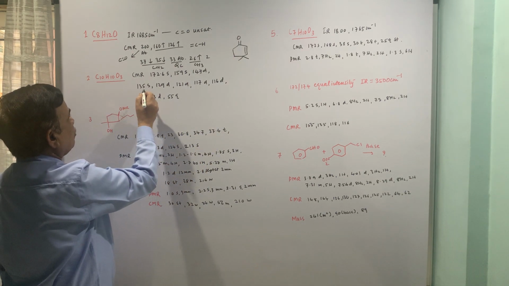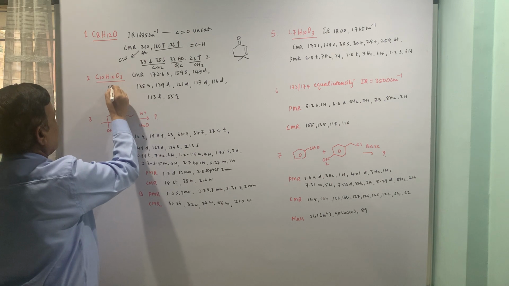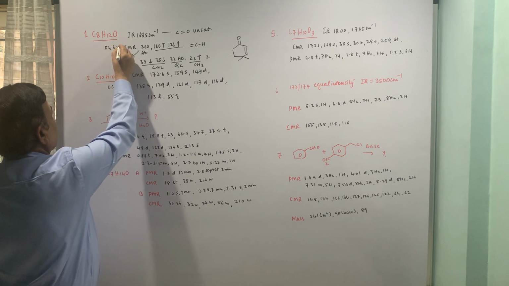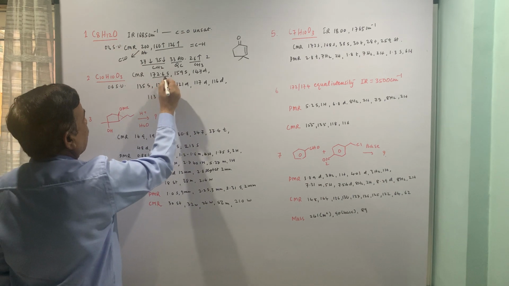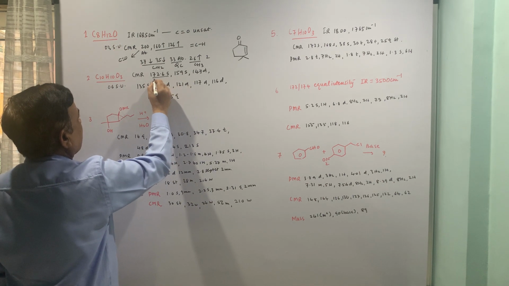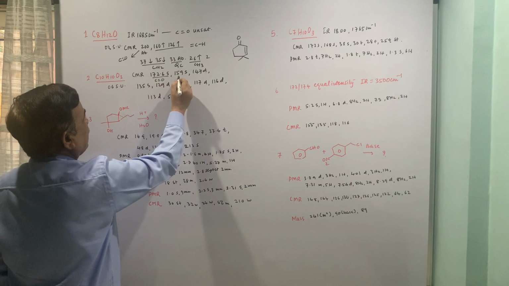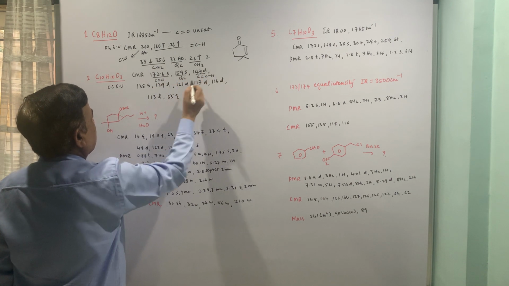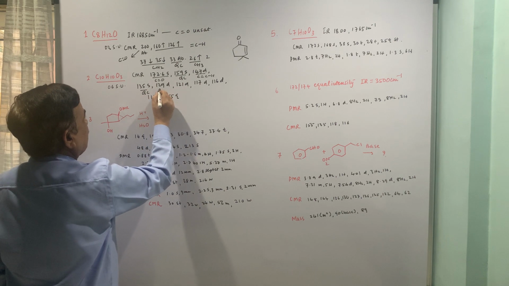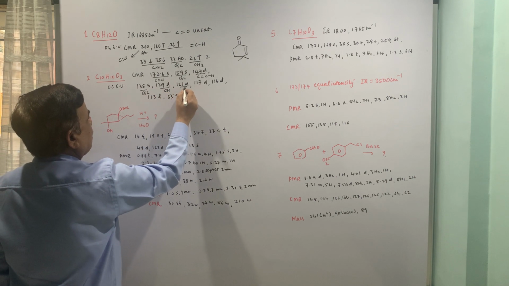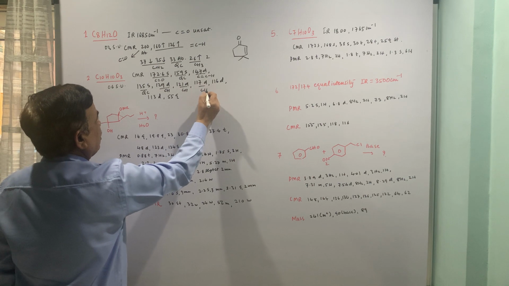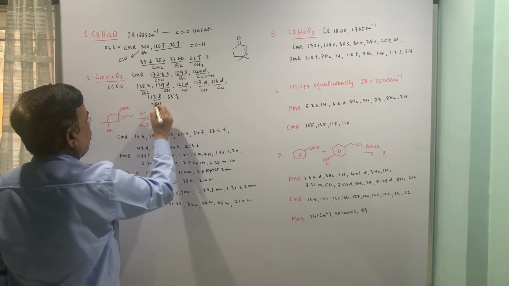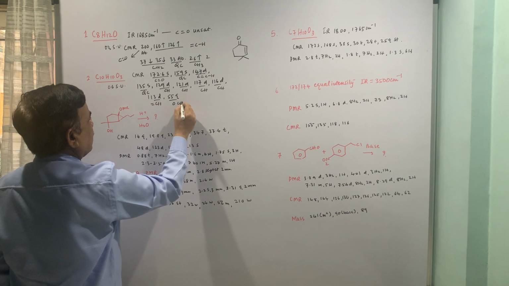Okay, moving on to the second example, 6 degrees of unsaturation. Here 3 degrees of unsaturation, 6 degrees. So this is probably the carbonyl group of an anhydride. This is a quaternary carbon, this is CH, quaternary carbon, CH, CH, CH, CH, CH. So all these are CH and this is OCH3.